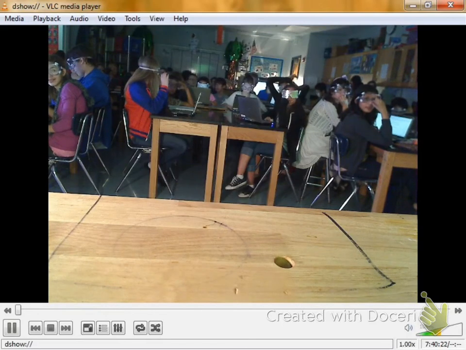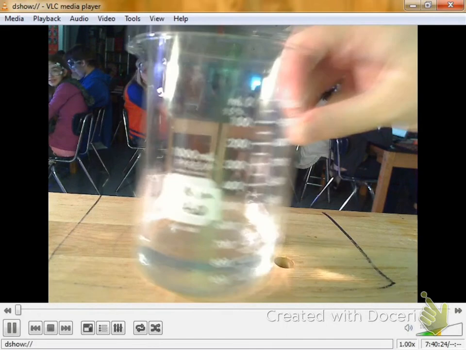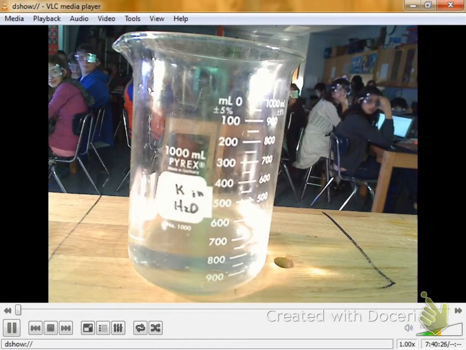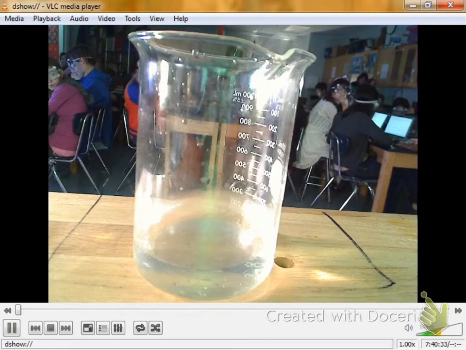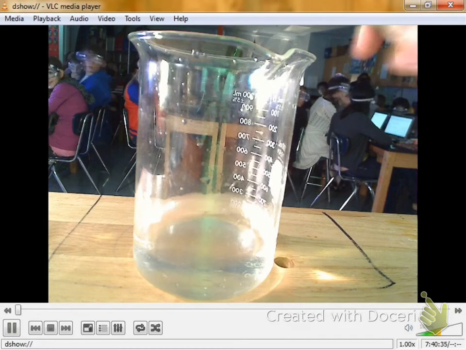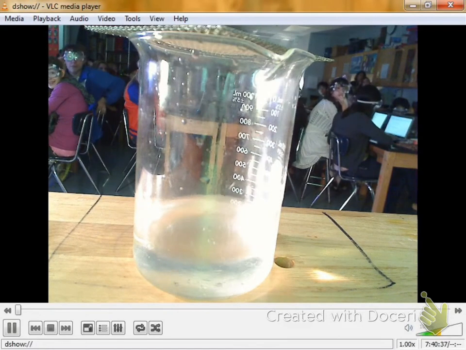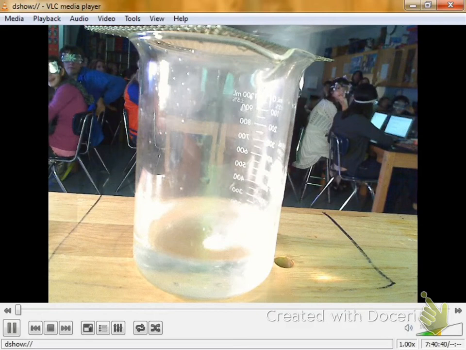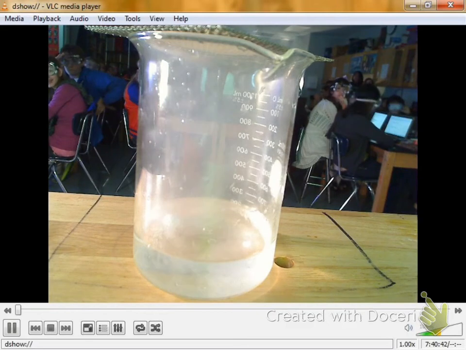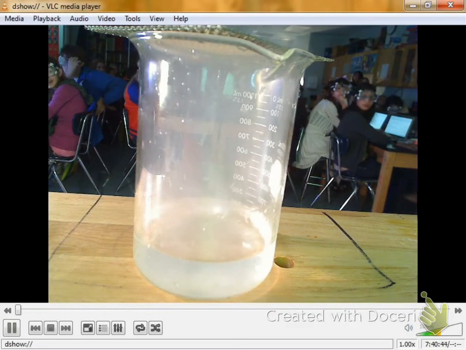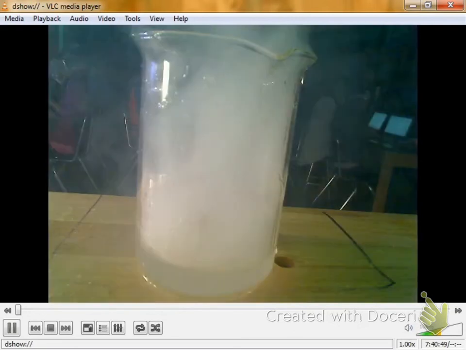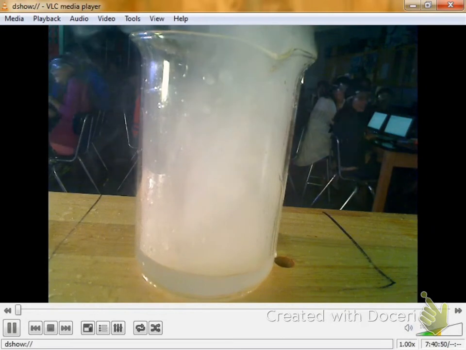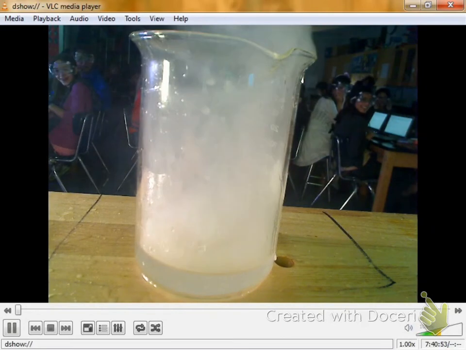Alright, bonus. Let's try it one more time. Is that red? Alright. Not putting any cabbage juice in this time. I'm just leaving it white. Did it turn red? Gotta be safe in the lab. Fireball! Oh boy. Whoa. Fire in the hole. Is this a different metal? I got fire that time.